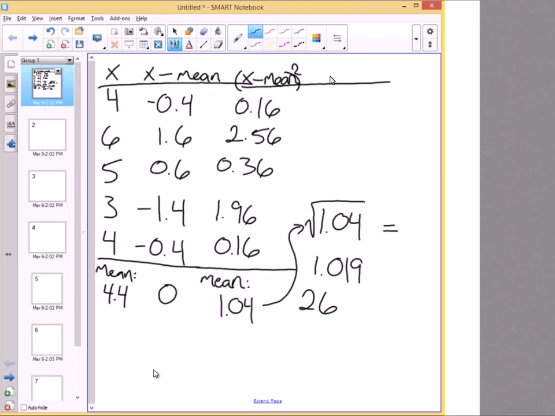So it's about how far they all fall from the mean. The further apart that they all are, the bigger the standard deviation. So if you had a data set that was something like, if you had like 2, 100,